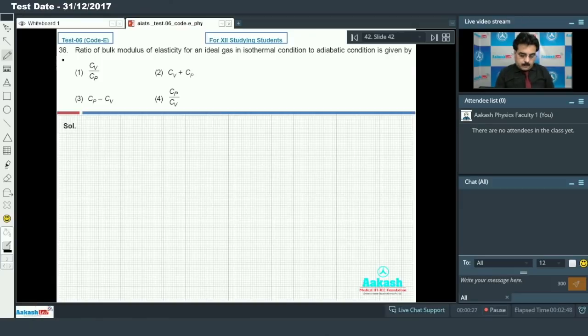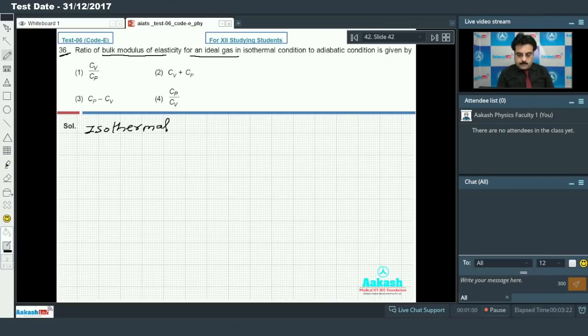So I am going to read question number 36. The ratio of bulk modulus of elasticity for an ideal gas in isothermal condition to adiabatic condition is given by. So if I go for isothermal,